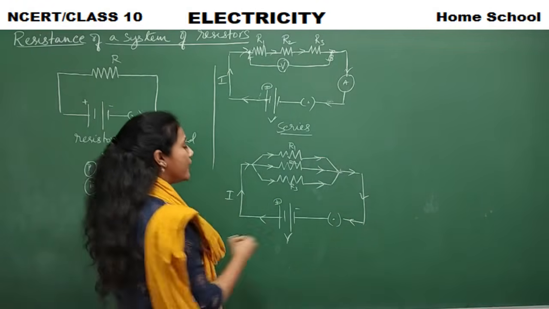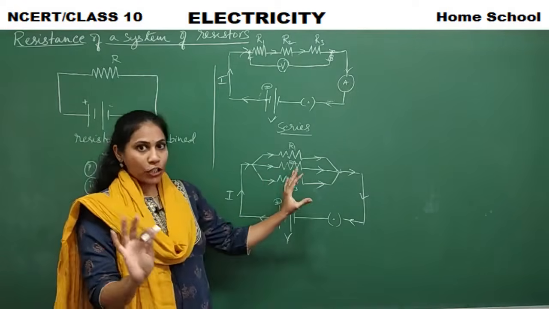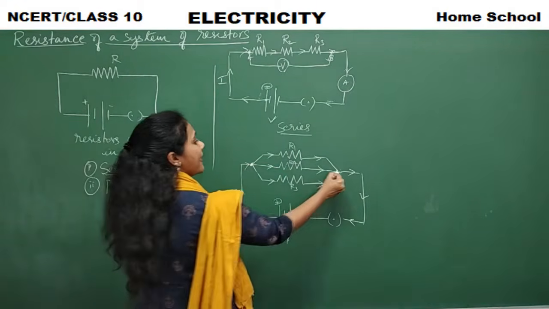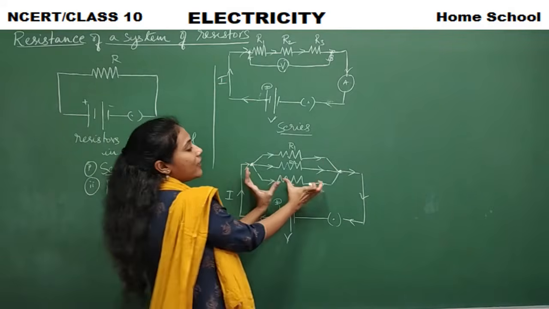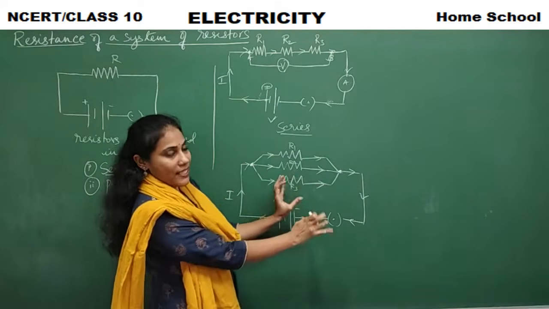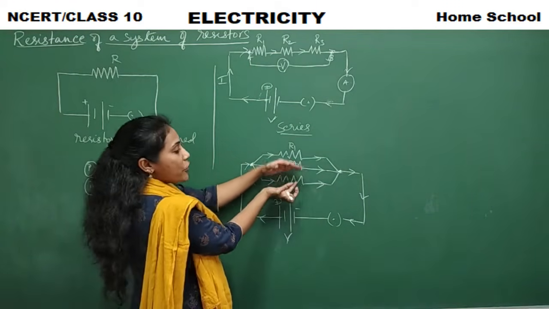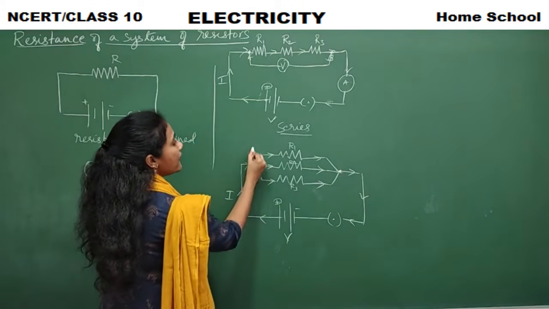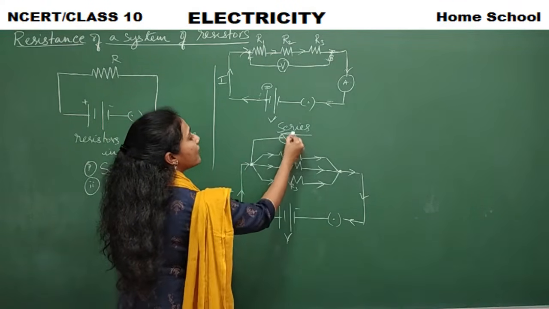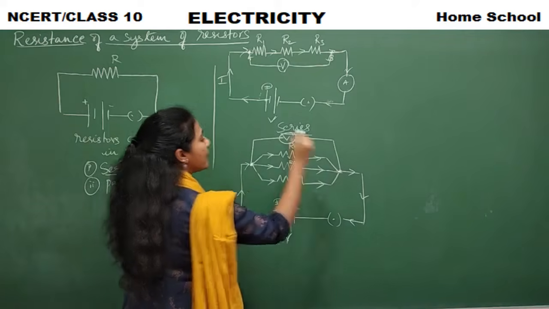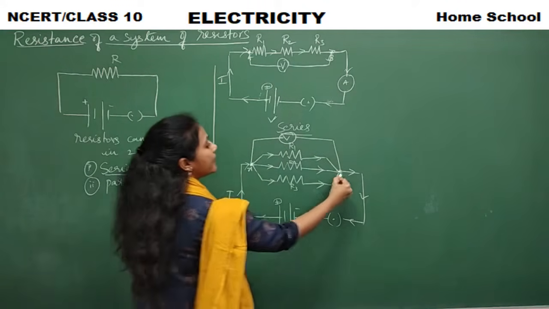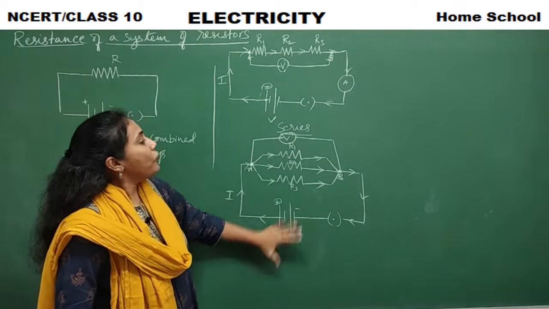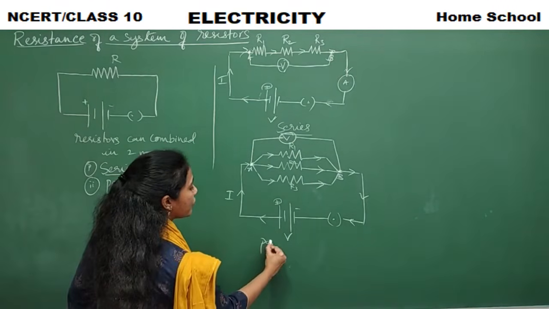This is our voltage. If you want to measure the potential difference across the resistors, this is one point, this is another point. Definitely here you will observe an electric pressure difference, that's voltage. If you want to measure the voltage across these ends, what do we introduce? We introduce a voltmeter. So show the voltmeter connection here. This is point A, this is point B. This is a circuit diagram of the parallel combination.